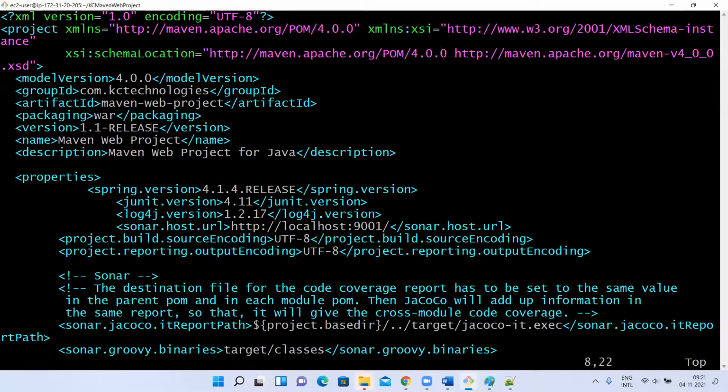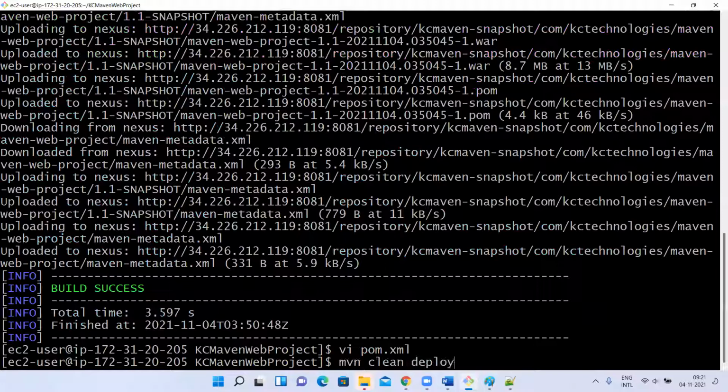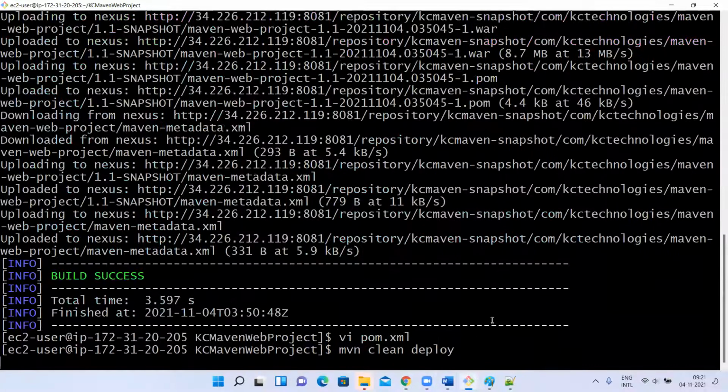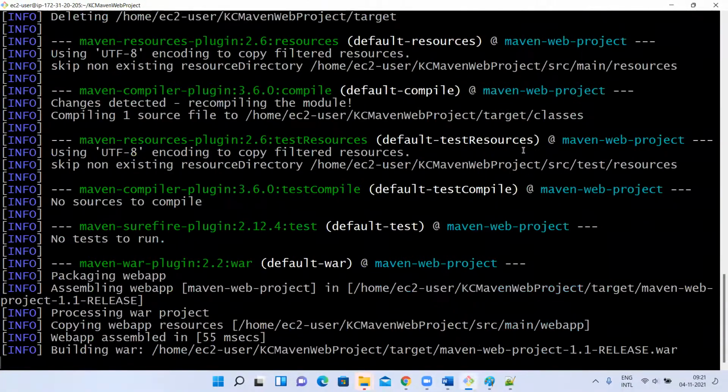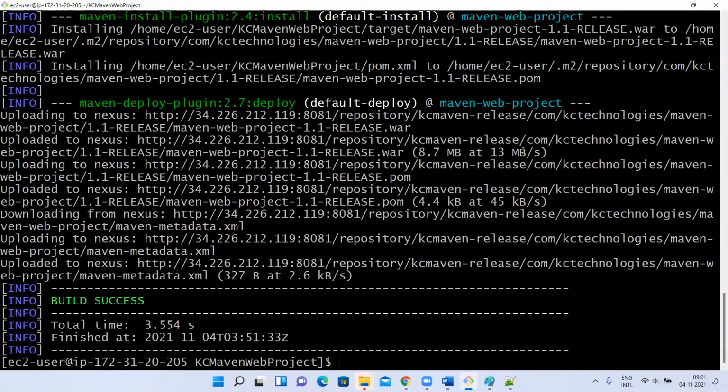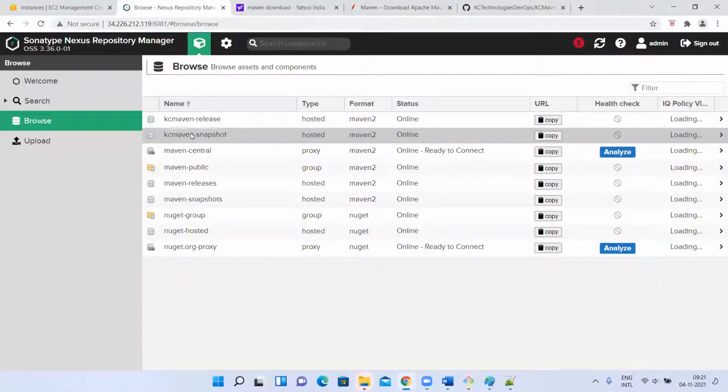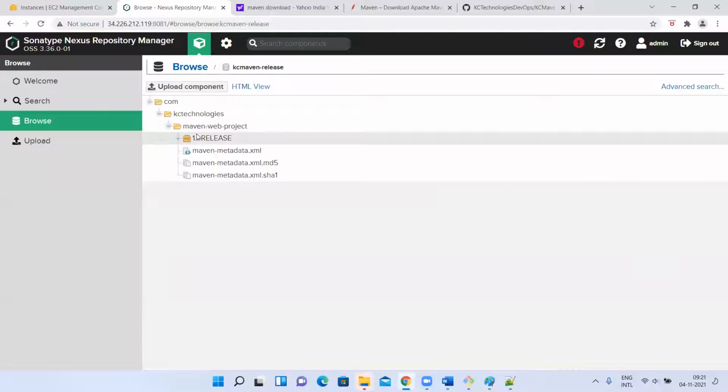Okay, save, execute the goal. Maven clean deploy goal I'm executing. Now release. Do have a backup here, that one, not release here. So like this, it is going to take the backups. Understood, guys? Now tell me this. That my part is done.